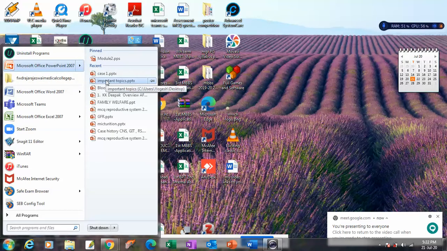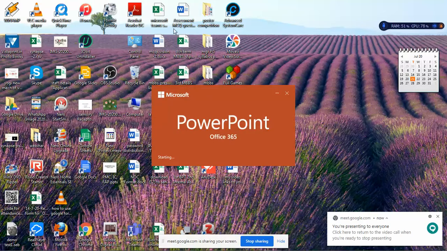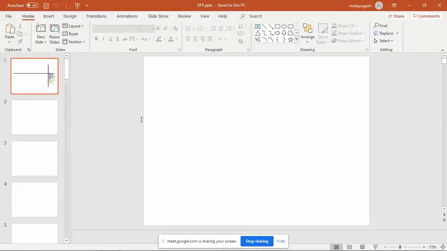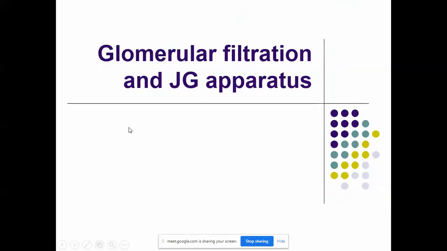Students will be seeing everything now. Whatever is happening on your screen, they will be able to see. So the PowerPoint is open, and now even the student is able to see this. You can just directly click on the slideshow and you can start taking the class.